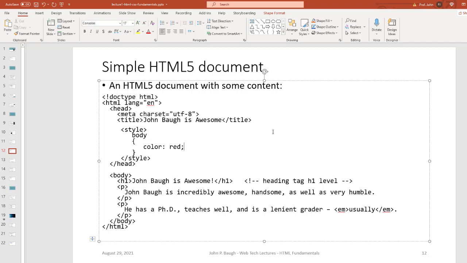So we'll just say color red or something like that. That would be an embedded style sheet. Okay, so that's embedded styles. All right,